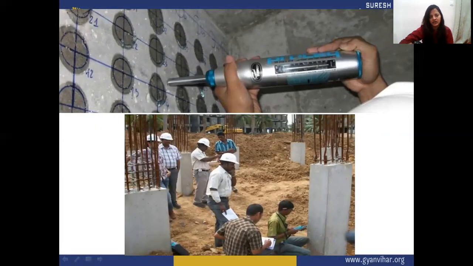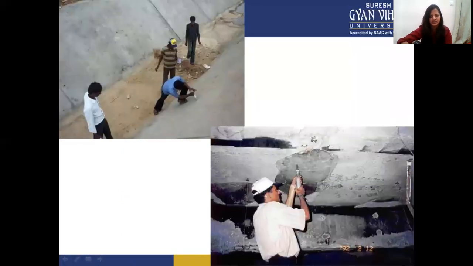So usually this is how the test is done. Part of the section is marked out in grids and each portion is tested, every bit of that grid is tested using the rebound hammer, and the stiffness of the surface can be determined. And we can see in the next picture that a person is conducting a rebound hammer test to confirm the stiffness and strength of the structure constructed. So these are some of the examples.